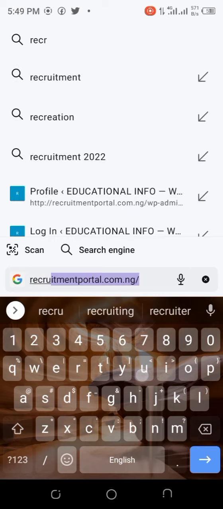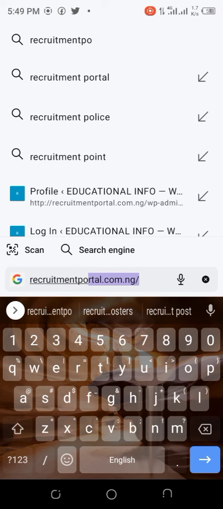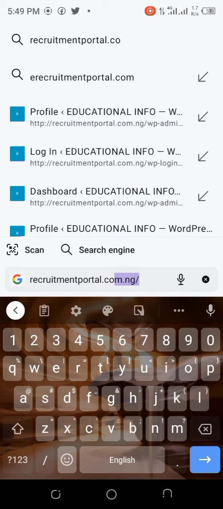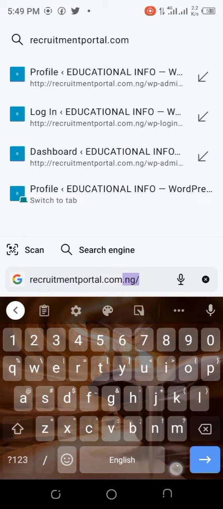I'm gonna use recruitmentportal.com.ng. That is a newly built website. So I'm gonna use it to log into the admin dashboard where you can access your website as an admin. Now recruitmentportal.com.ng slash WP